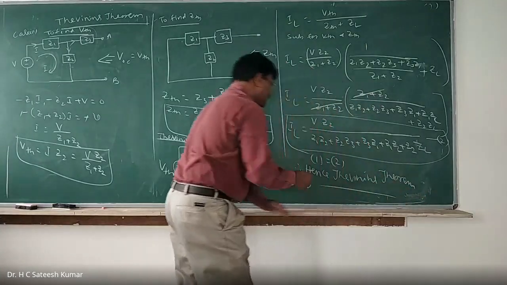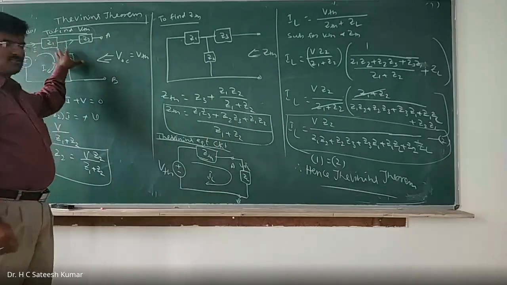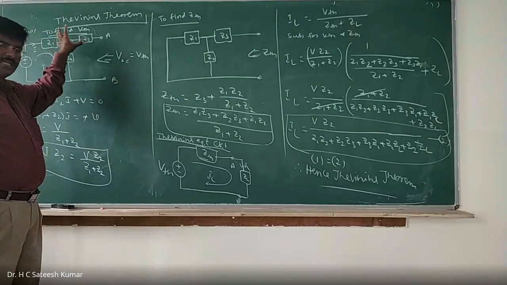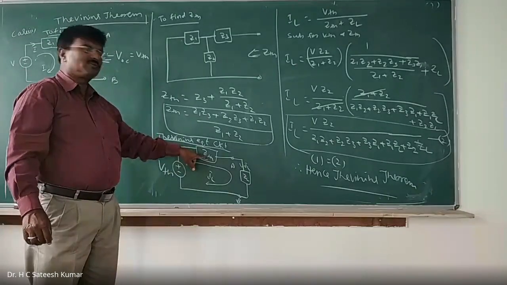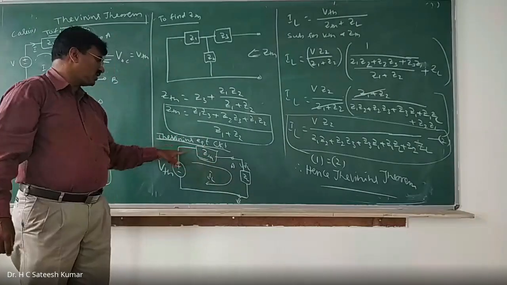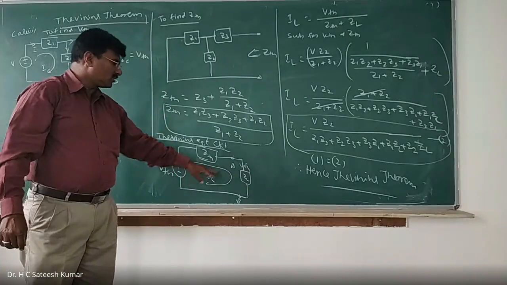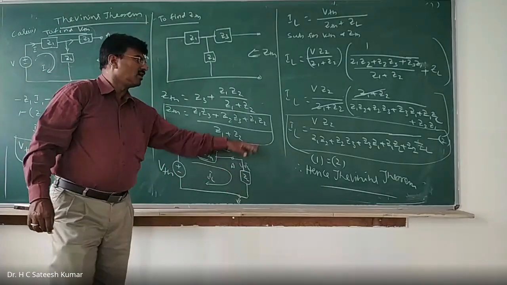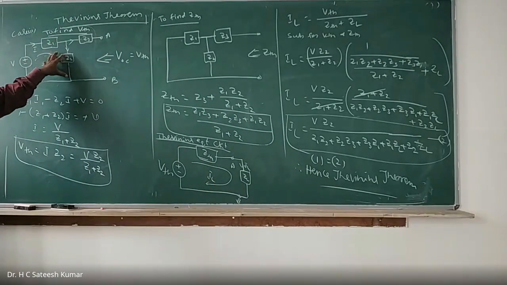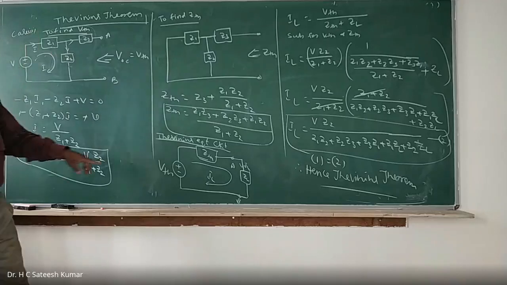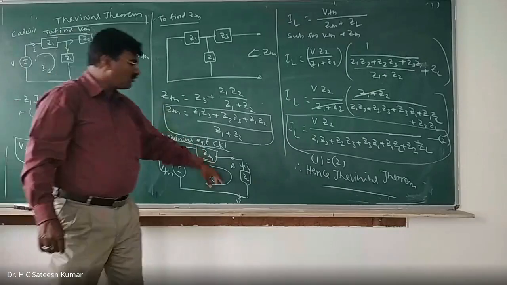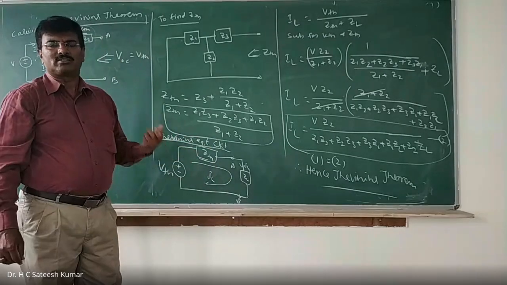Okay. So what is that we did? First, I took the actual circuit and found the IL. Then what is the next step I did? This complicated network can be replaced by a voltage source VTH in series with the ZTH. That I have taken. And once again I have connected the ZL. So VTH we found and ZTH we found out, and connected the circuit and ZL also connected. And we got to say that a complicated circuit, a linear multi-source bilateral network, can be replaced by a voltage source in series with the impedance, and whatever the current you got earlier, IL, same IL you will get if you replace it by the Thevenin's equivalent. That's the meaning of this Thevenin's theorem.